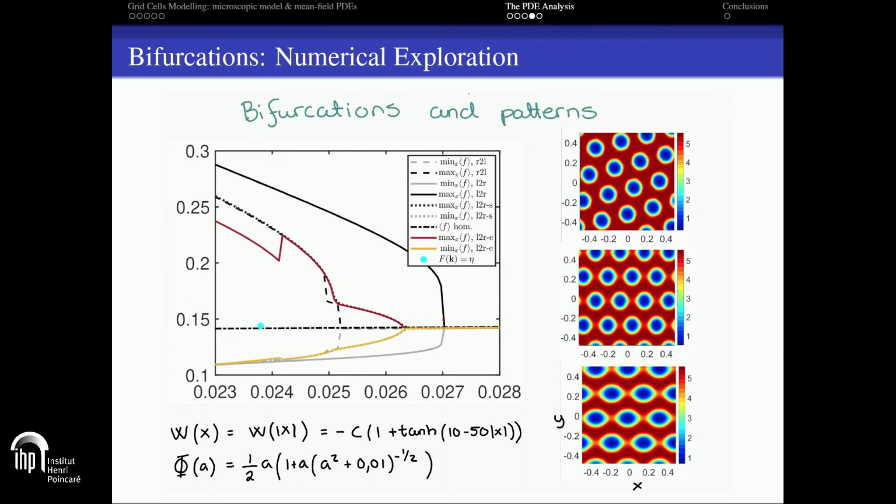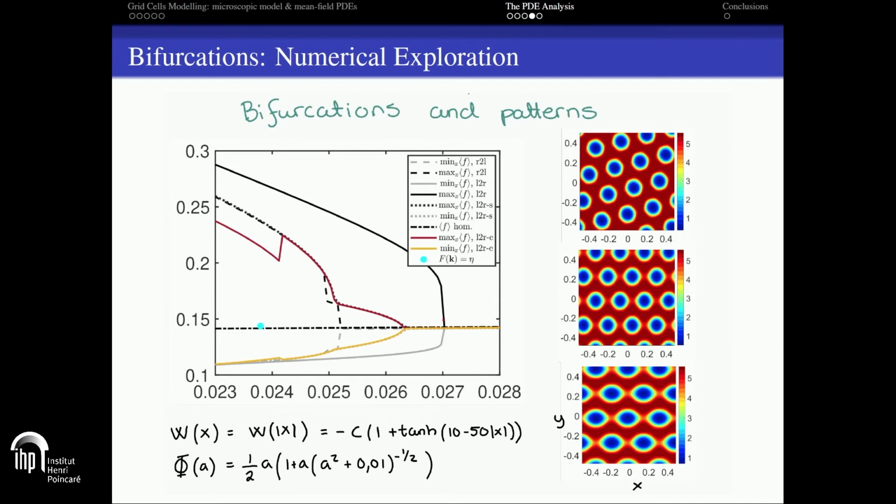Let me explain first the big one. So there you have the noise, I mean the average f, the integral from 0 to infinity of s f, against the noise, and what you have is either the maximum of that average in x or the minimum. So you see that if sigma is large, then in fact this is coherent with what we see from the linear stability condition, then it's flat. So only the stationary state, the uniform stationary state, seems to be the stable one numerically. As sigma gets smaller,